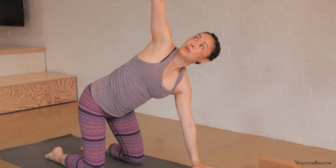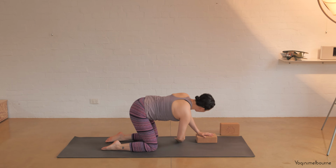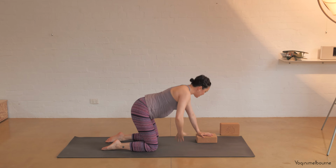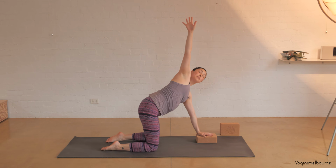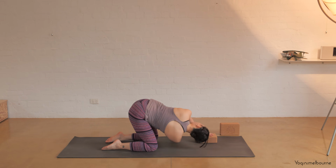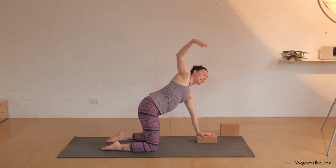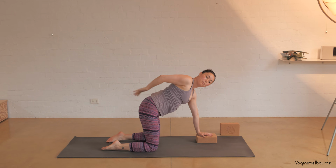Inhale, take the right arm up, and then exhale, thread it under. Inhale, take the arm up. Exhale, thread it under. Last time, take the arm up, inhaling, and then as you exhale, wrap that right arm